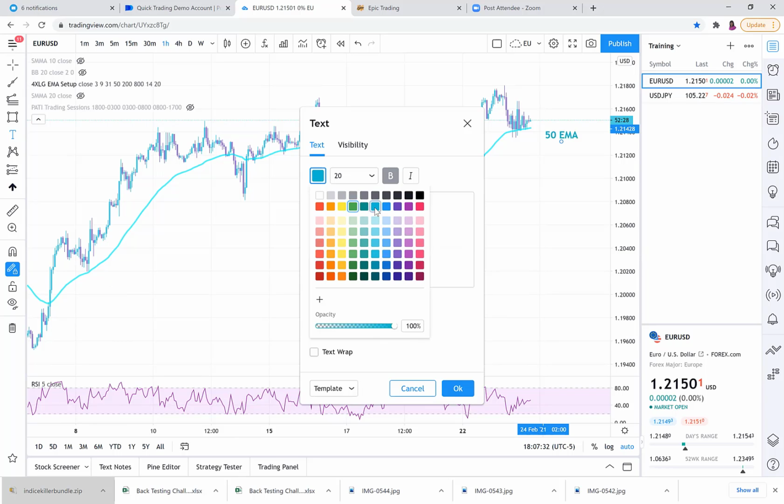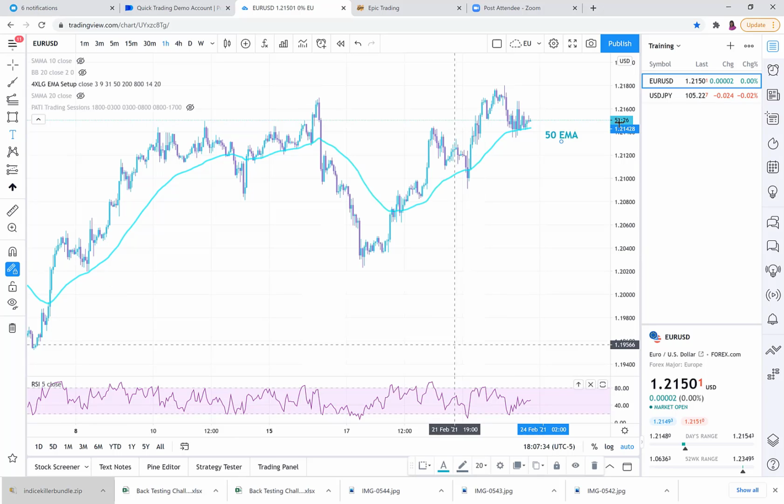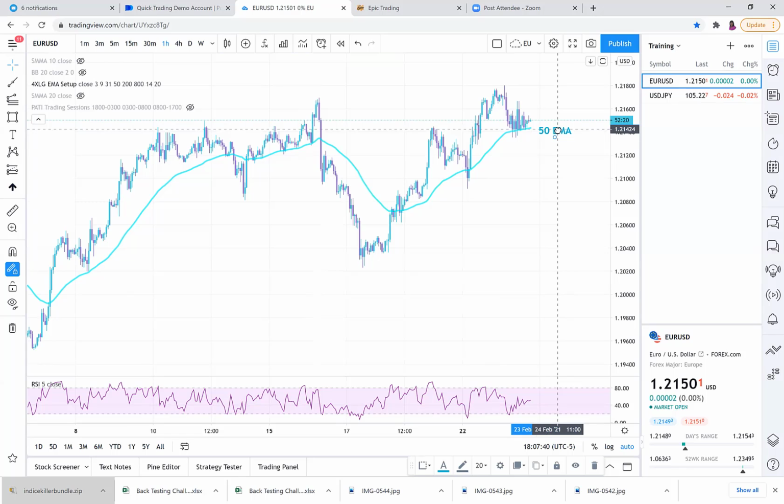Very common indicator. And if you have the free version of TradingView, you do get one indicator. Let me show you this indicator, 4XLG EMA setup. We really like this indicator because you get a lot of bang for just one indicator. So if I click on settings,